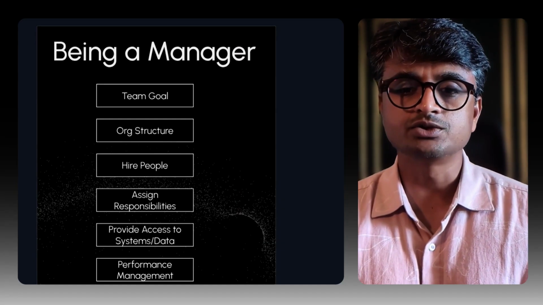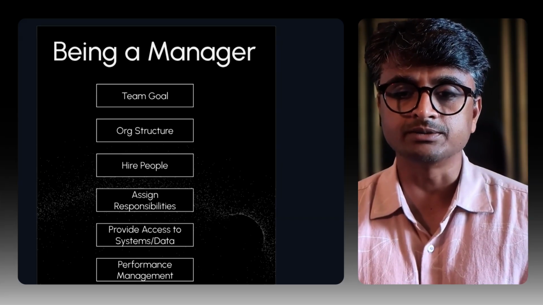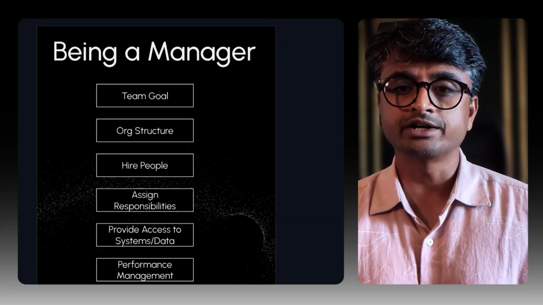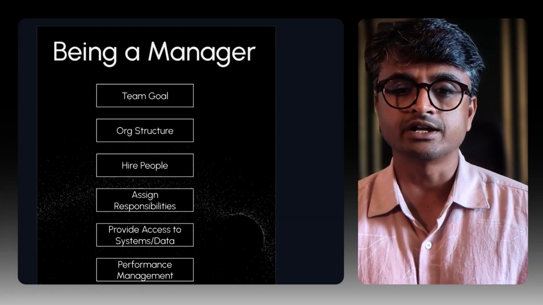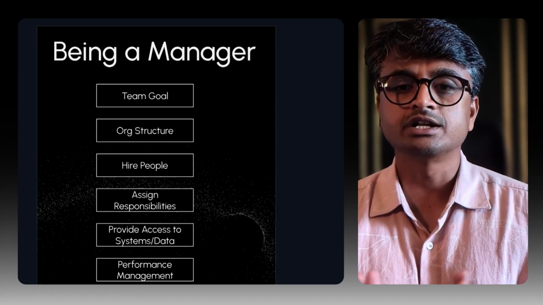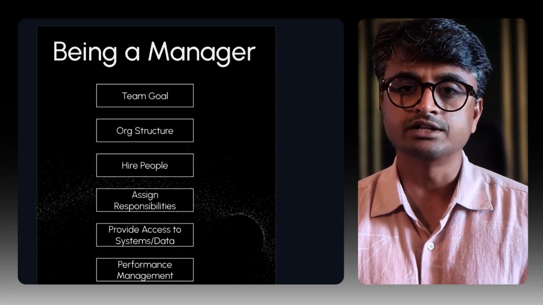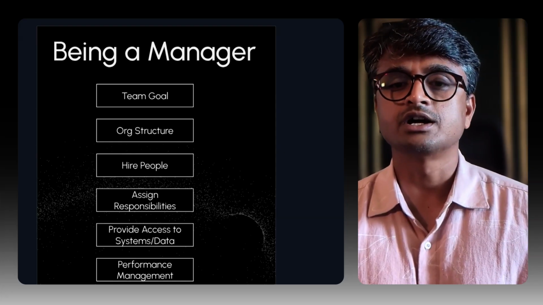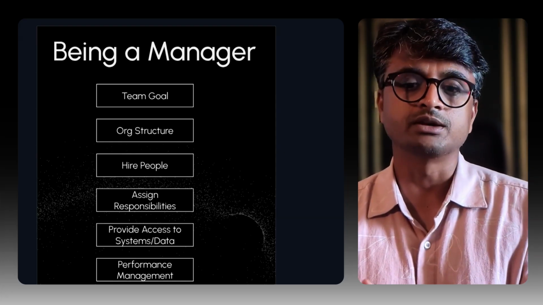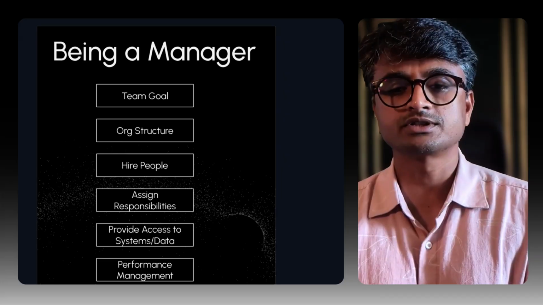Well, this sounds like a complex system to design. How do I design an agent like that? I know what you're thinking. Architecting a multi-agent system is a bit like being a manager. You need to understand what work needs to be done by your team, how you want to organize your team, hire the right people, clearly identify and assign responsibilities, create an environment and ecosystem for your team members to interact with each other and the data they need, and finally, create a performance management system so you can measure and improve your team's performance. Let us see how each of these steps maps into designing a multi-agent system.